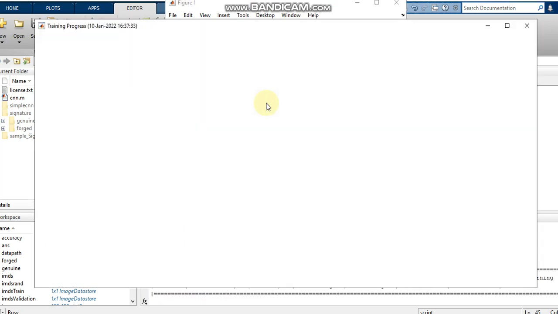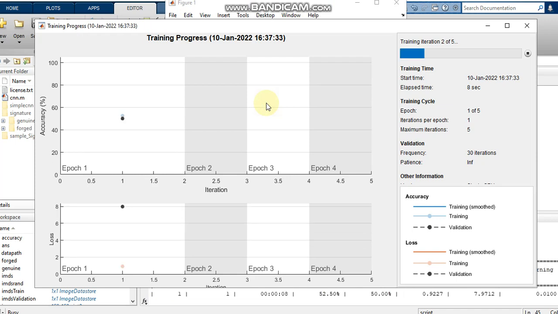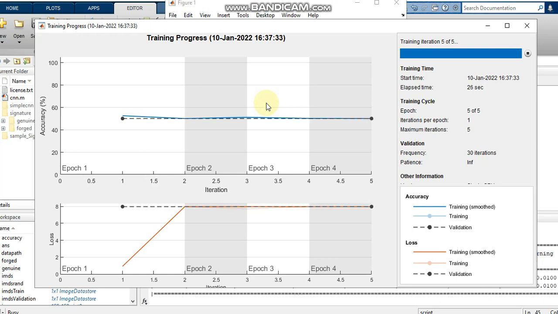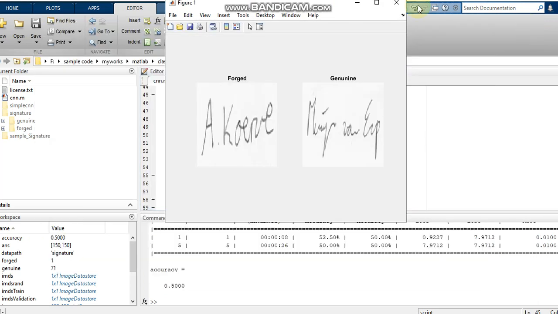So let it run. We shall wait, and we'll check whether by changing the optimizer we get better accuracy. I have given 5 epochs because this takes less time; 10 may take more time. I have chosen 5 only as an example, but for a better result you have to choose different iterations and approaches so that you may get different values. Changing the optimizer, the accuracy is not improved.